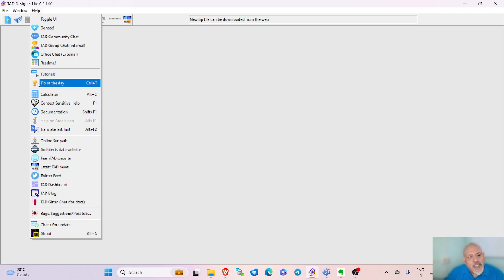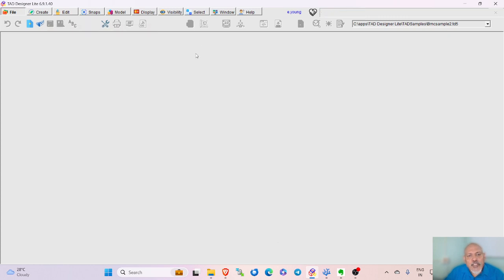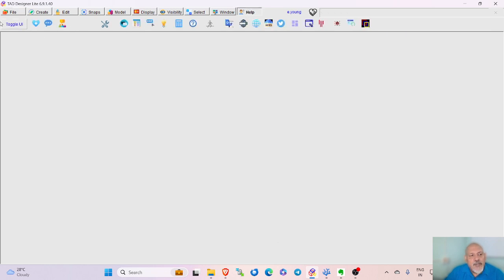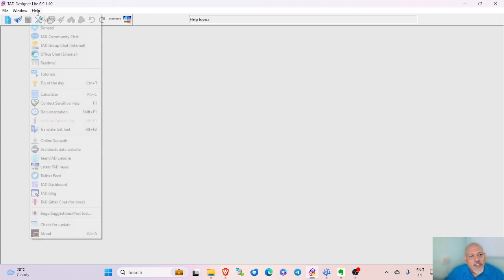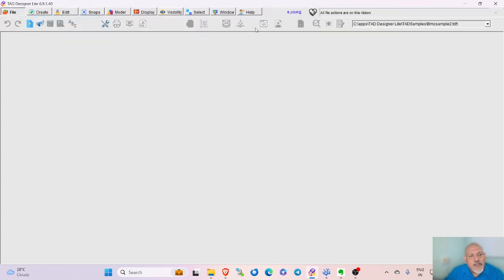The same icon is here. Nowadays I usually use a ribbon interface, but some people may prefer the other menu interface. That's your choice. The interface can only be switched when there are no active TAD models on the screen.